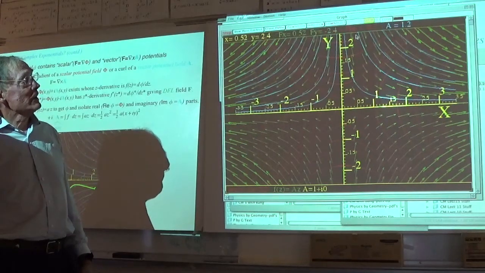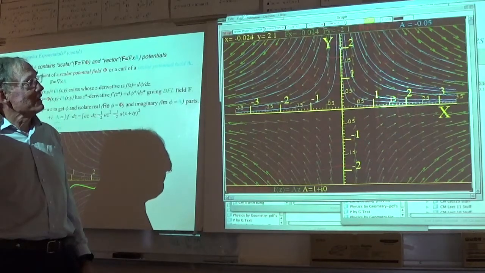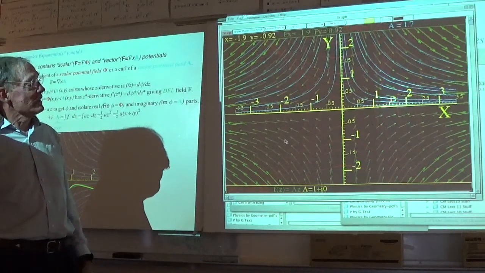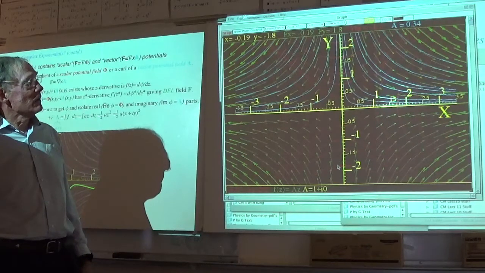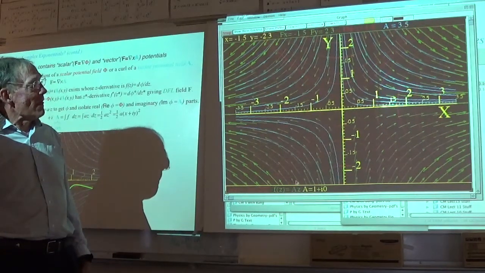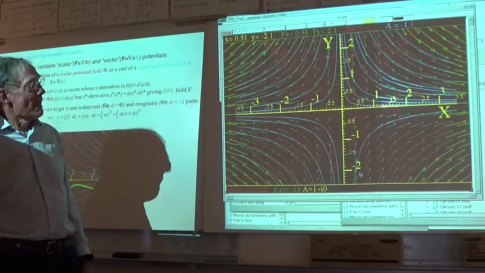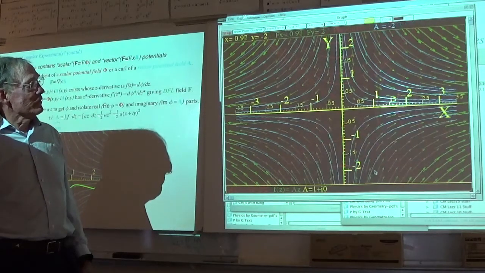Which remember is a source coming from high above the screen, you see. And if I can get it right on there, you can get real close to this thing, but I can never quite get it right on. Same thing for the source below. Okay? And the equations for these curves we've already calculated.